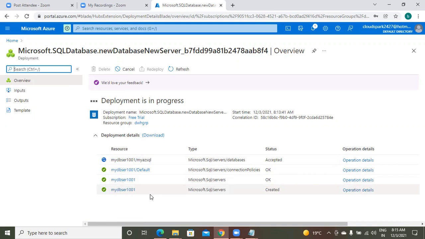Look at the first line and last line, sir. Previously the request was accepted. Now that is created.